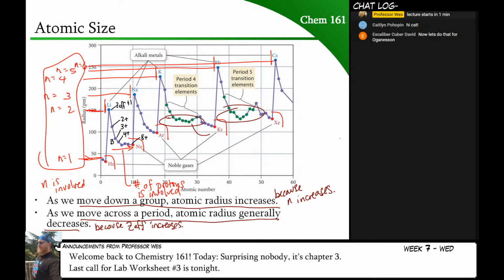Now, if you want more resolution in your transition metals, you can do something called Slater's rules, which takes the equation for Z effective and modifies core electrons to have weights. So here, I'm just using all the electrons have the same weight. A 1s electron is going to shield as effectively as a 3d electron. In reality, that's not true. 3d electrons are not very good at shielding the 4s layer, because 3d electrons are